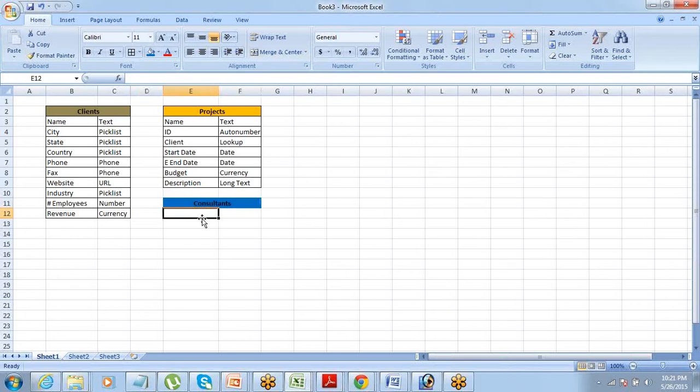So for consultant, I will track. Okay, there is one more small logic that I just want to tell you. There's a limitation on how many custom objects you can create. Based on your edition, you will have a limitation on how many custom objects you are allowed to create.